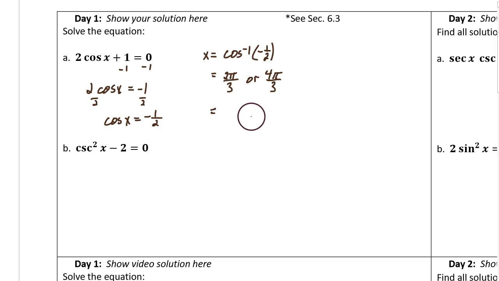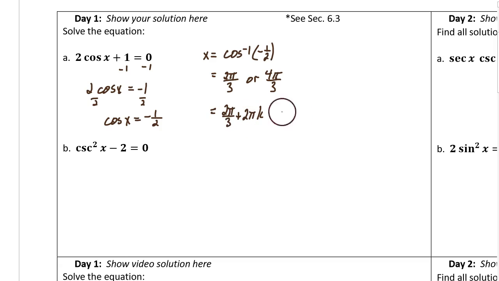The way that we're going to show that is to take these answers and modify them. 2 pi over 3 plus 2 pi times k, where k is any integer. If k is a positive integer like 1 or 2 or 3, that would create positive angles that point to the same spot as 2 pi over 3 does on the unit circle. If k was a negative integer like -1 or -2 or -3, then that would create negative angles that are